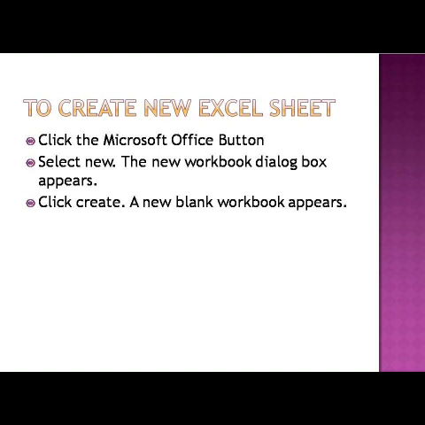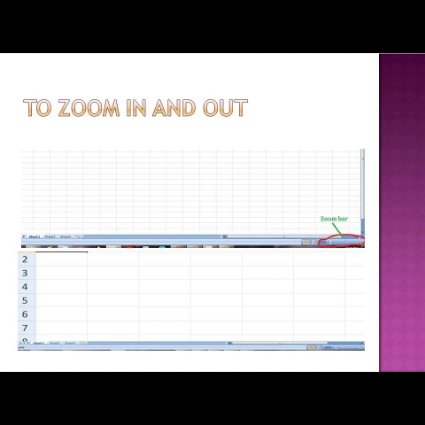Yes, clear students? Next comes how to zoom in and zoom out. Right? So there are two pictures, up and down. See the first picture I have highlighted, which is called a zoom bar. Can you see? Yes. In the zoom bar there is a small strip, a small line. Can you see in the middle? Yes. That is called a slider. What is it called? Slider. S-L-I-D-E-R. Slider. Yes. When you click on that slider and move it left, it will zoom in.